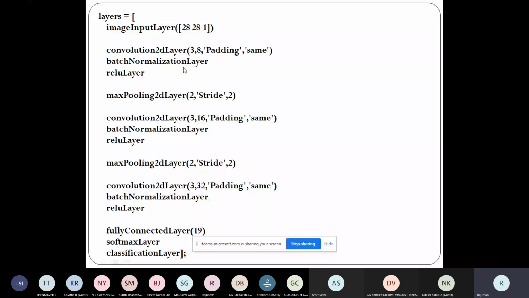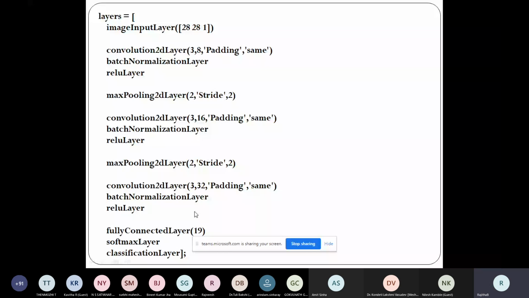This is layer 1, then layer 2, then layer 3. These three combined make one layer, then a second layer, a third layer. At the end, I have a fully connected layer and softmax layer combination. So like this, I have the layer constructions.